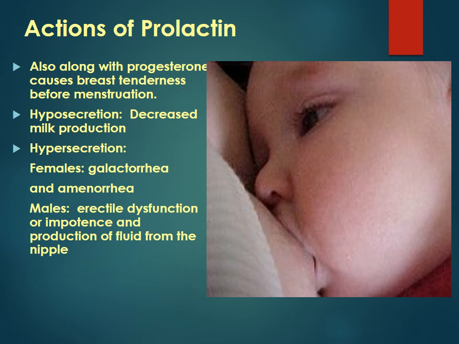Actions of prolactin, also along with progesterone, causes breast tenderness before menstruation, hyposecretion or decreased milk production, hypersecretion or in females galactorrhea and amenorrhea, for males, erectile dysfunction or impotence, and production of fluid from